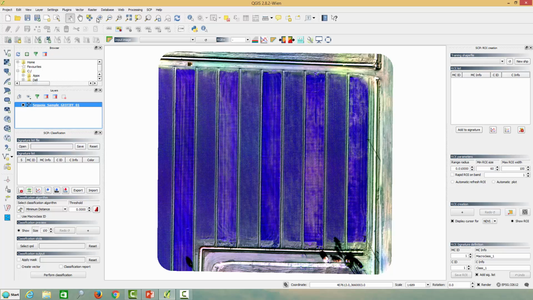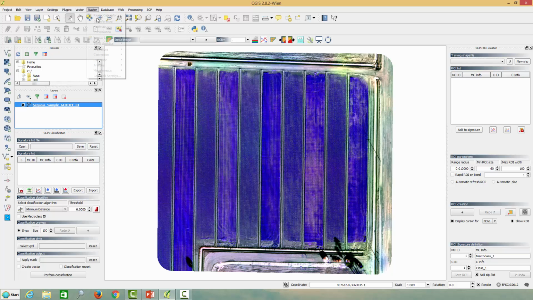It has the green, the red, then the red edge and the near infrared bands, and I believe the red edge band is around 730 nanometers. I'd have to double check that, but at any rate, I'm just going to show you guys how to do a really simple vegetation index here. Nothing too complicated. So you want to go up to the raster here on the top,